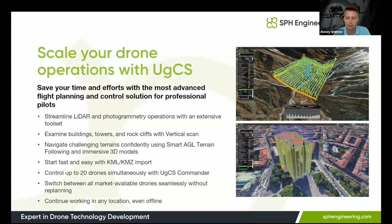And what is even more important for difficult terrains is that in UGCS, we are proud to use our so-called smart AGL terrain following. This is a great feature that allows you to follow your digital elevation model in a very accurate, very precise way, so that you won't risk your drone and you won't need to worry about it, because all you need to do is upload the digital elevation model and build your flight plan